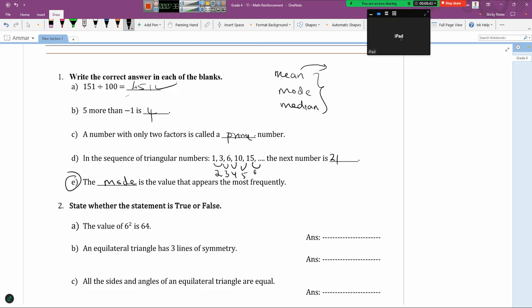What is mean? Mean is the average of numbers, right? For example, let's say we have